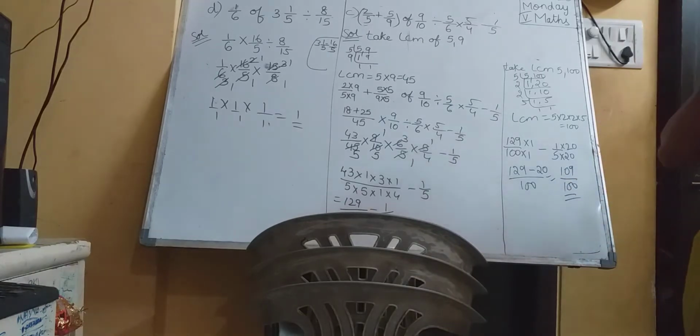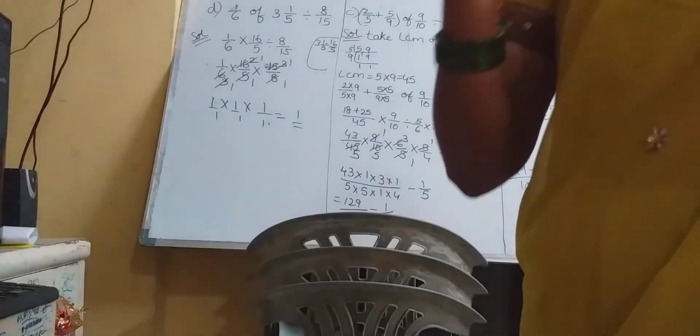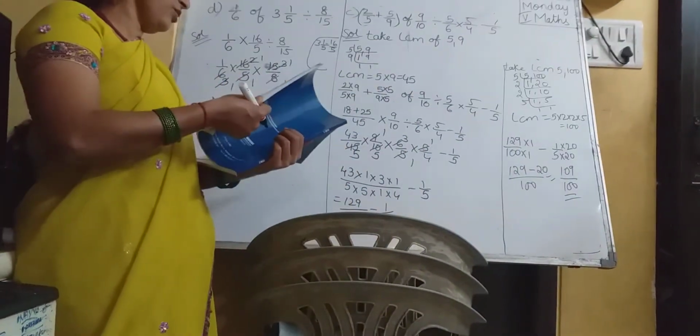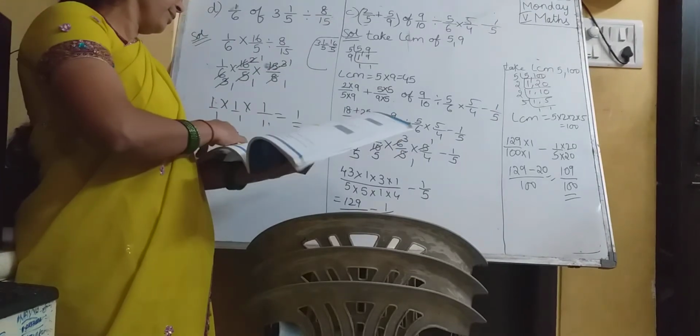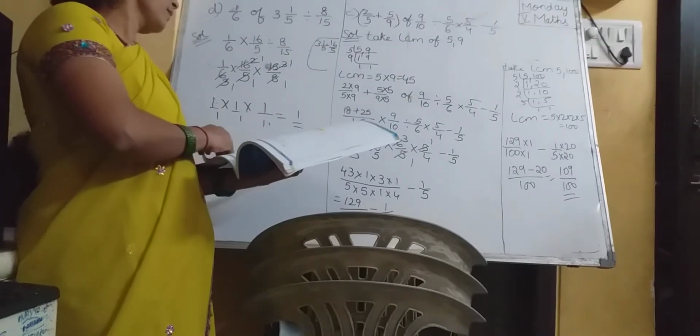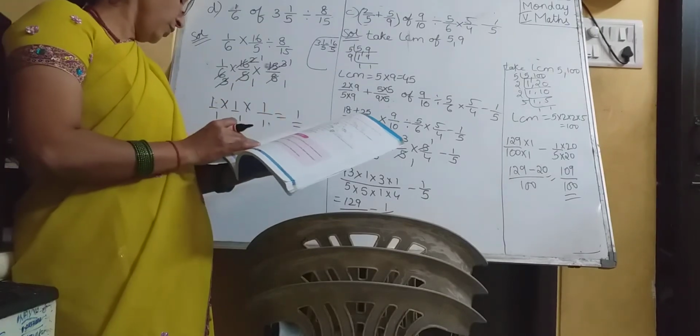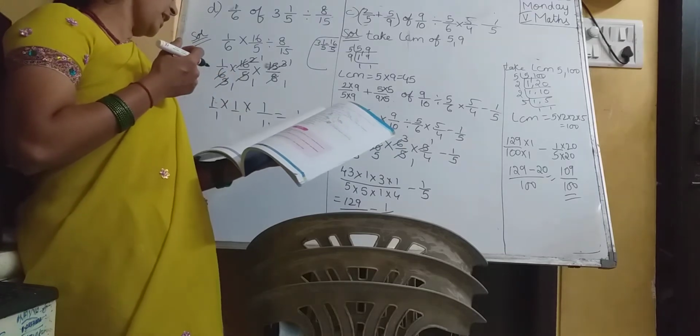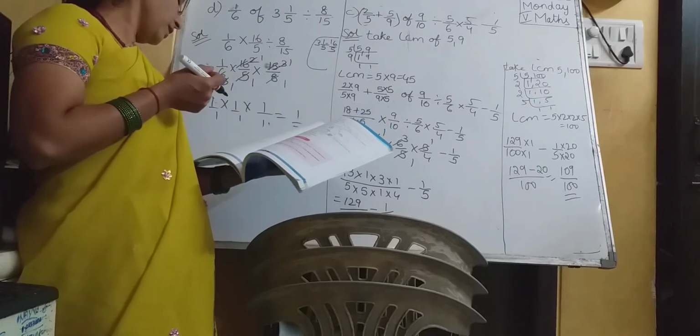Come on, copy. Okay, did you all follow this? Now again I am going to explain. Yes children, I will explain more too. Okay, first one I will explain, children, A1. Shall I explain A1? You do B for homework, children. I will explain A1. You do B for homework.